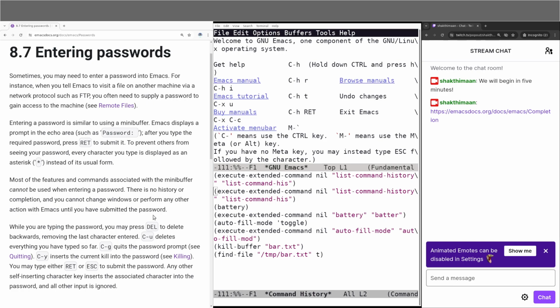So the last two sections in the minibuffer relate to passwords and prompts. Sometimes you want to open a remote file on a different machine across a network, such as with FTP, or you want to log into a different machine using SSH, right? In case you want to enter a password, Emacs will display a prompt in the echo area with a string like "Password:"